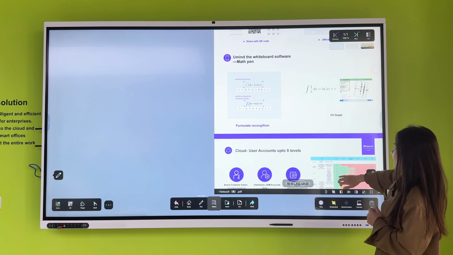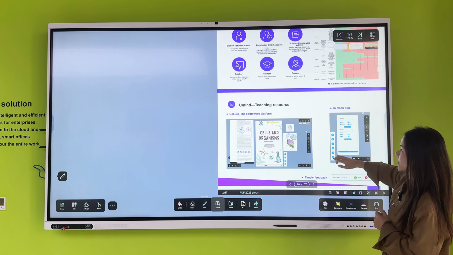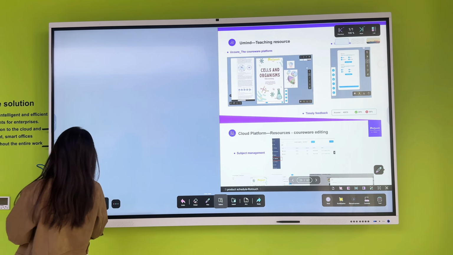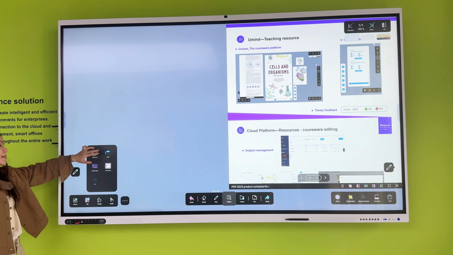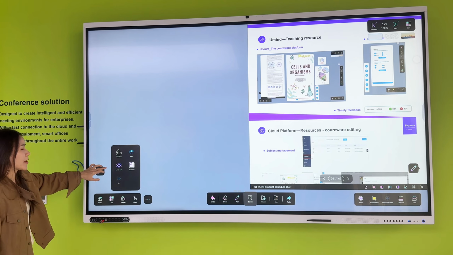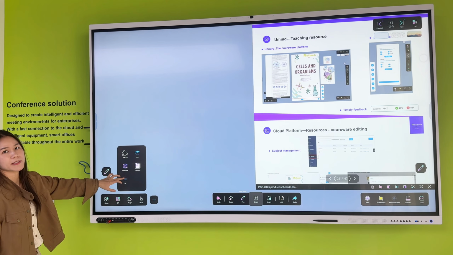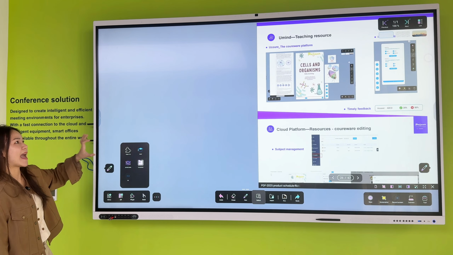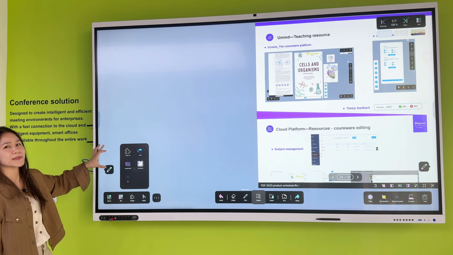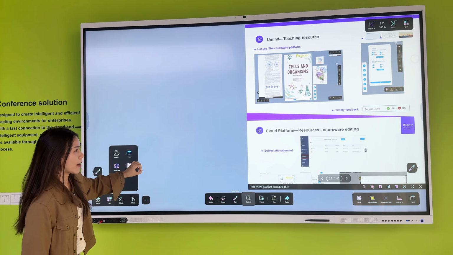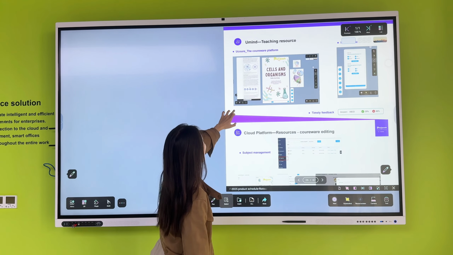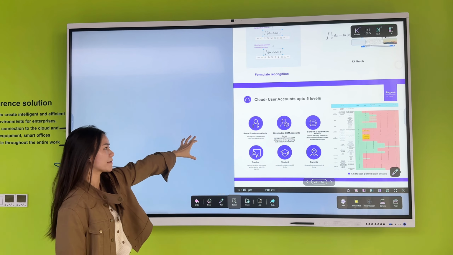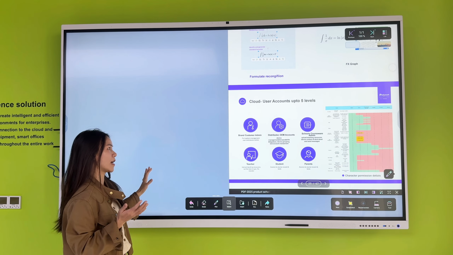Okay. And the other one is we also integrated a lot of teaching resources into the system. Here we have PHET simulations, periodic math, courseware, and 3D resources. All these resources are created, uploaded and edited by our cloud system, the DMS system. And for our cloud system, because we have different user management accounts, the accounts are up to 5 levels for different users,